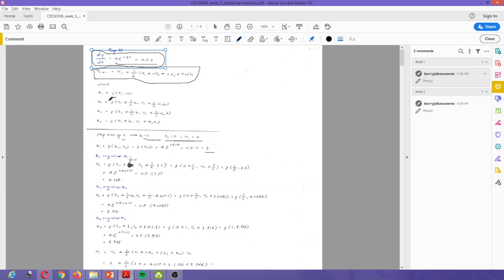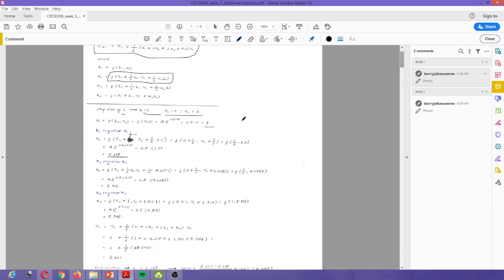You match the terms with the equation, put all these in, and you get K2 equal to 4.217. And then K3 requires K2. Then go back into the original equation by matching all the terms and putting in the value of